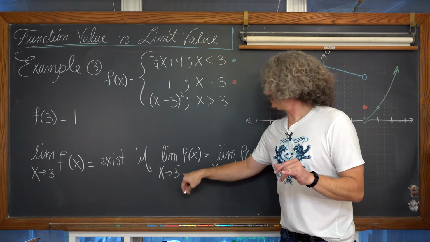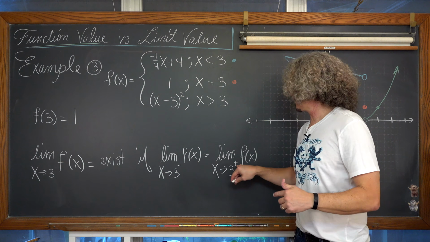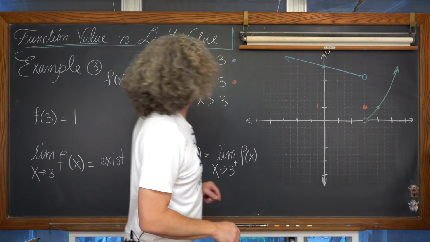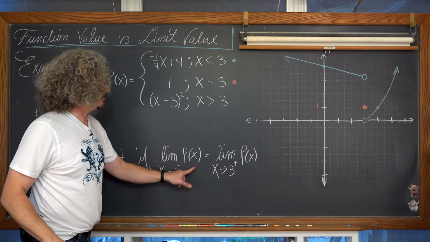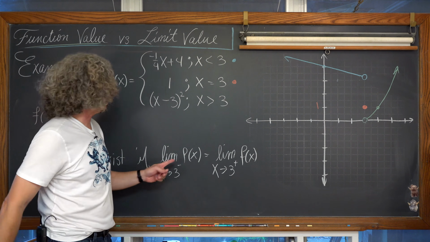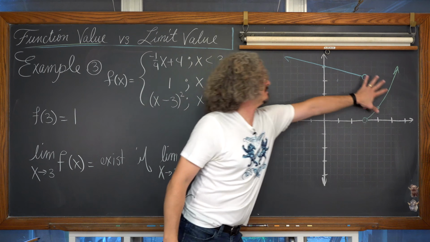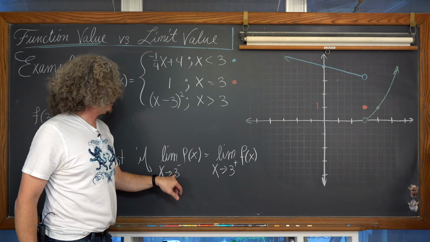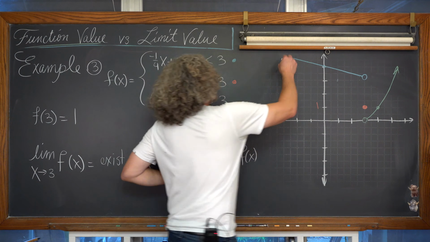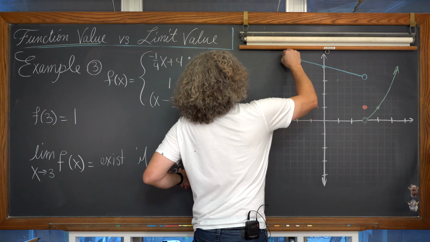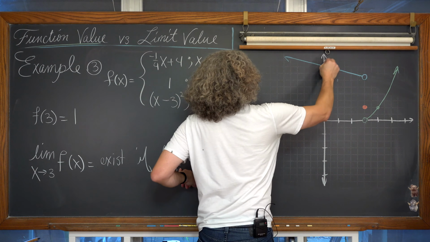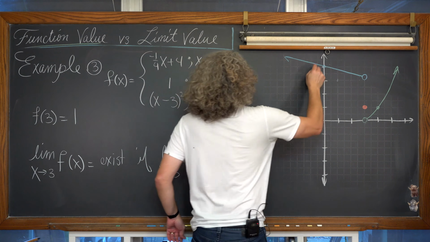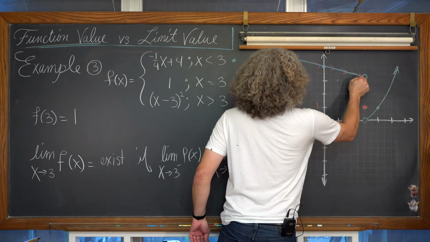Now, did you see what I did there? When I said the word left, I put a negative, and when I said the word right, I put a positive. And looking at the picture, what y value, f of x is a fancy function notation for writing y, what y value am I getting from this graph when x is approaching 3 from the left? Well, I'm up here at a y value maybe of 10, 7, 6, 5, 4, but as I get really, really close to 3 from the left-hand side, I'm going down and getting closer and closer and closer and closer to